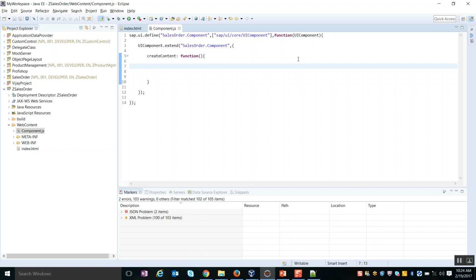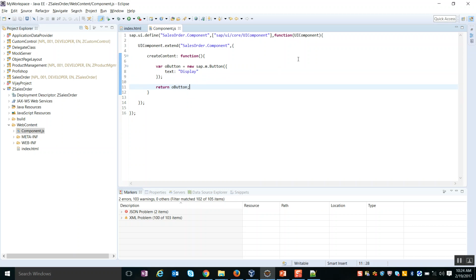For now, I'm just going to create a button control, and I'm going to display that button control as a part of this component. So I'm just going to create an instance of button control as variable oButton is equal to new sap.m.Button, and for this I'm giving the text property as display. So I have just created a simple button control, and I'm returning the instance of the button control as a layout of this